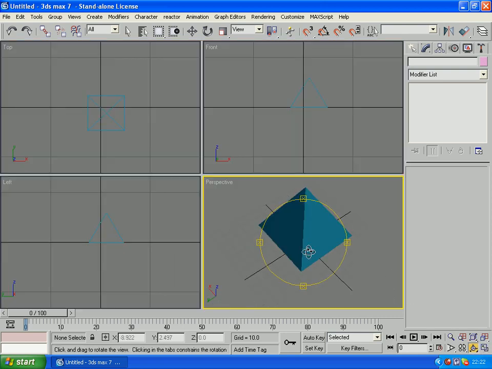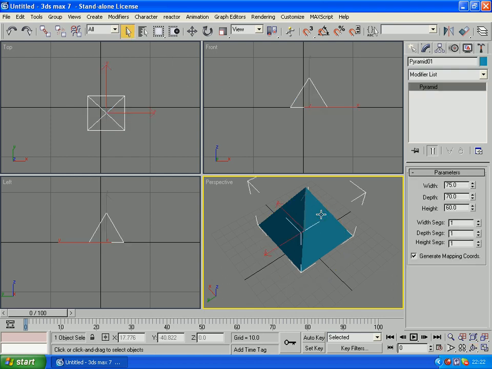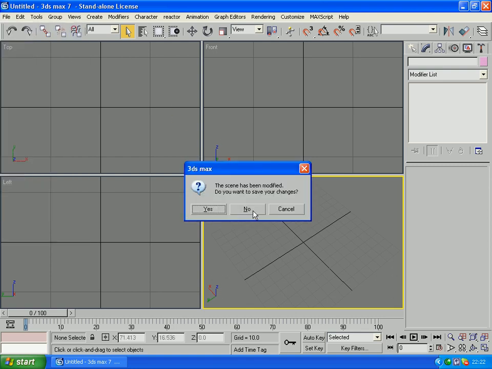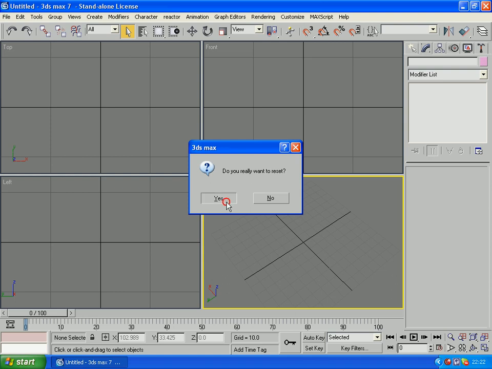Alright, so I'm going to select that and delete it. Now I'm going to just reset. I should have reset it really before, but